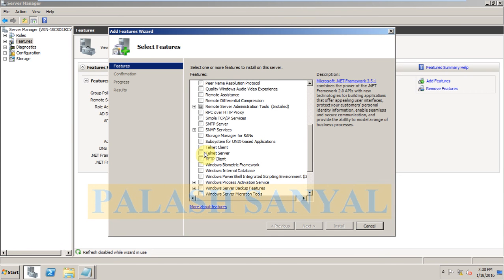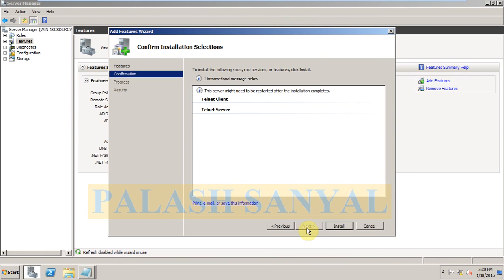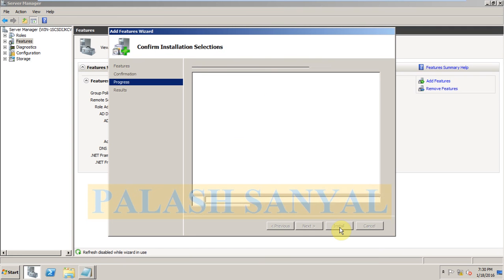You can use your server as a Telnet server, so you tick this, or you can use your server as a Telnet client. I use both of these options, Telnet Server and Telnet Client. So click on Next and then click Install.